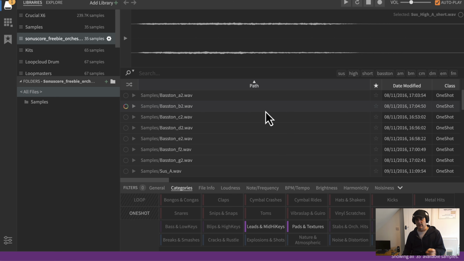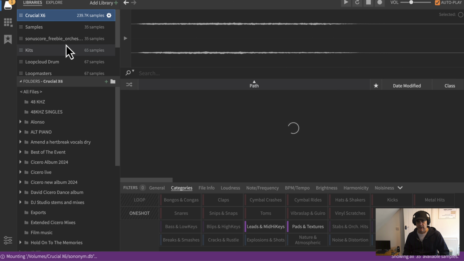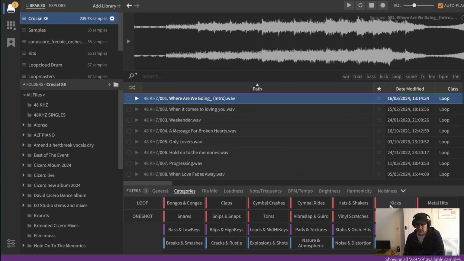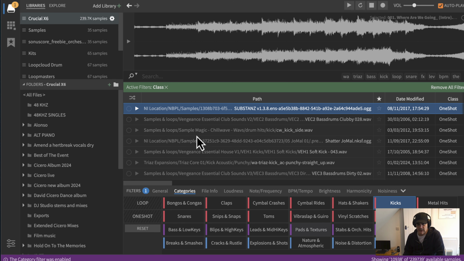Any piece of audio that you've got, it will filter it out to your heart's content. It can find everything, any part, any sample, any sound on any of your hard drives. So I've linked this up to a couple of my drives, and it's just amazing. And you've got your little tabs down here so you can filter out what sound you're looking for as well. So if you're looking for kicks, for example, you can just press that and it'll give you